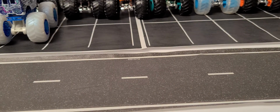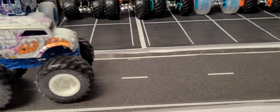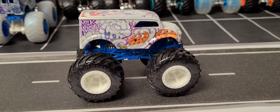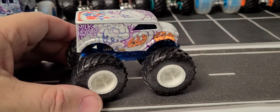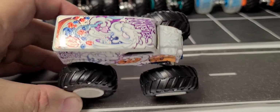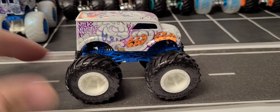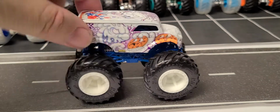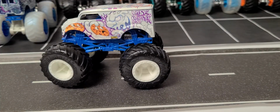And then we got into, I think we're getting into the 2020s now. Kind of lost track of my years, but this is the Milk Monster. Some of these have been released in the 1/24 scale. Not necessarily chasing those, I do have quite a few of them. That orange is really popping on that cookie. But it's got some really cool designs on it. I guess I could show you all the views, but